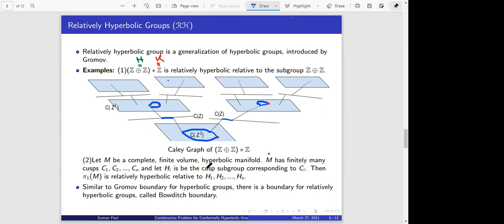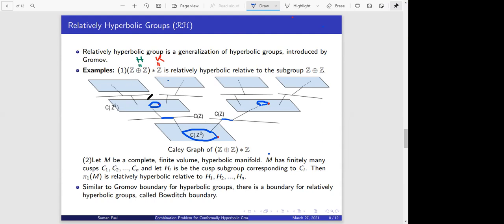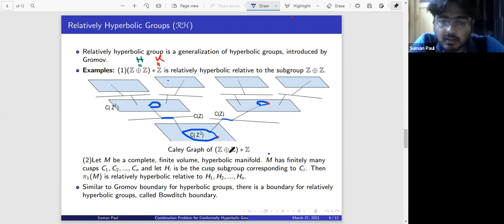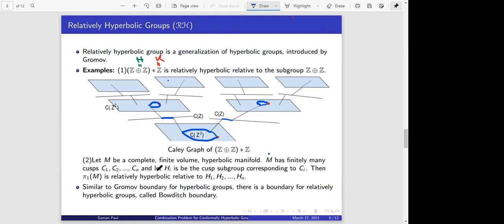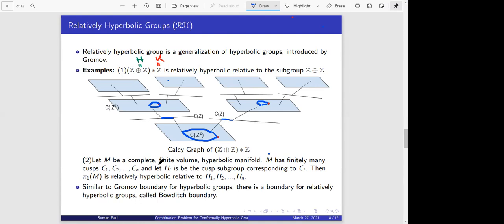Why are the planes hyperbolic? The planes are not hyperbolic, but after constructing, we attach some horoballs into it. That space, not the Cayley graph. But then in that new space, this space is sitting inside that, right? As a proper subspace. You said you were attaching some horoballs, right?